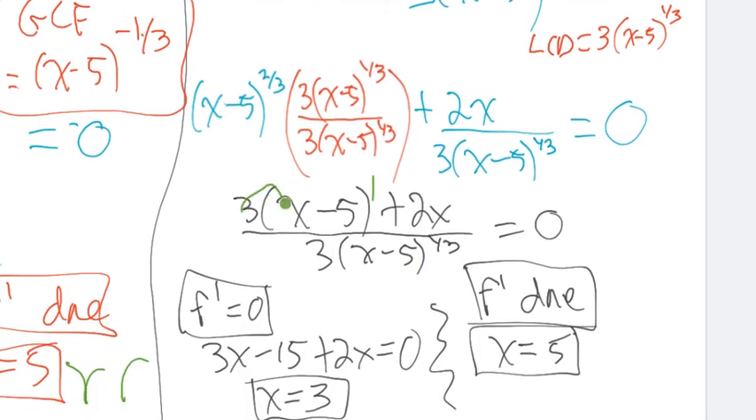3 times x is 3x, 3 times negative 5 is negative 15, 3x minus 15 plus 2x from there equals 0, and that's going to work out to 5x minus 15 equals 0, and then you're going to get x equals 3. And that is in the domain for this one, so that's where you have a max or a min. And then we want to figure out where there could be a one-sided or two-sided cusp or a cube root